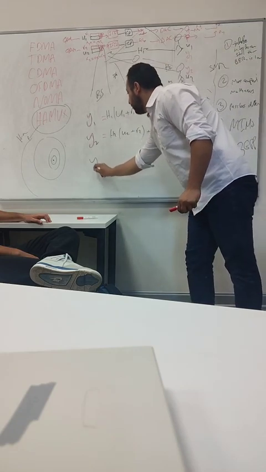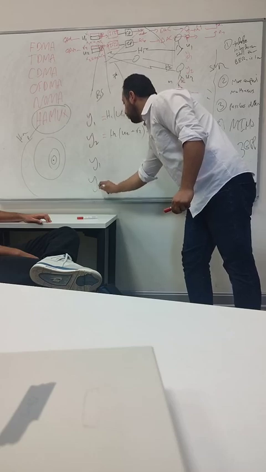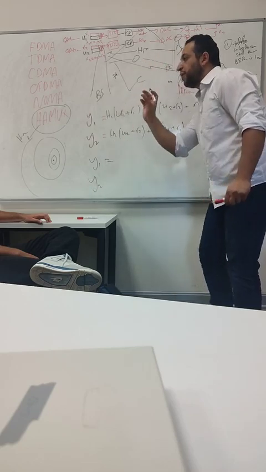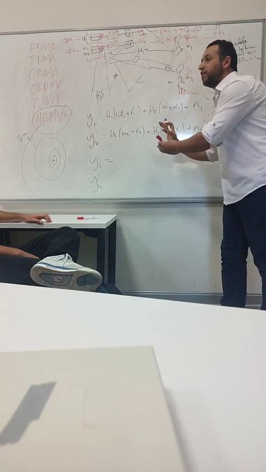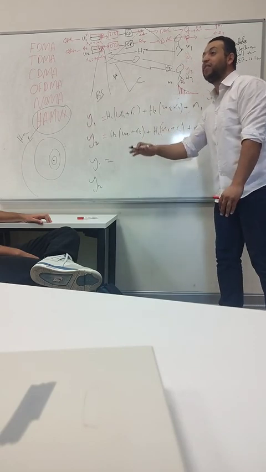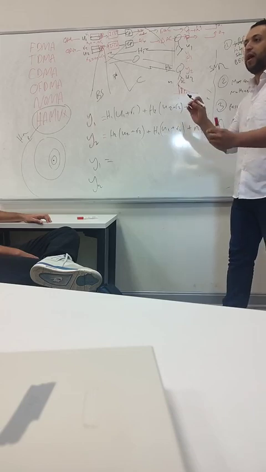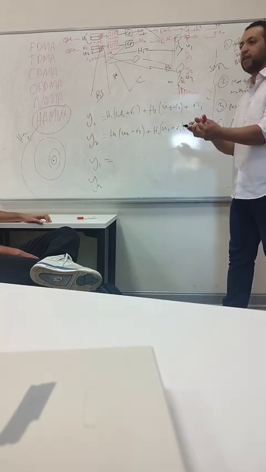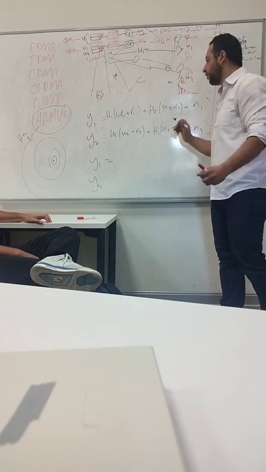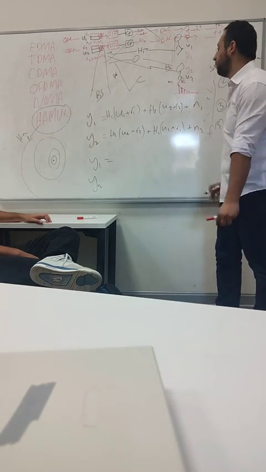U1, if we want to simplify it a little bit, U1 and U2. So we want to simplify it in a way where we put the desired signal into one term and the undesired signal into another term. And the goal will be to get this desired signal and get rid of the undesired signal.